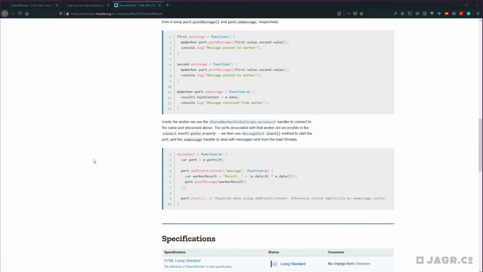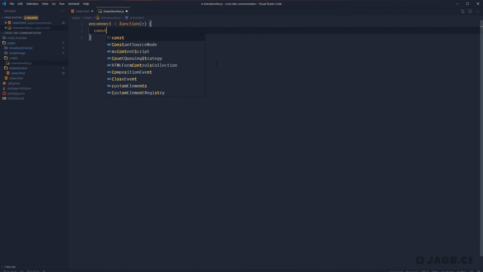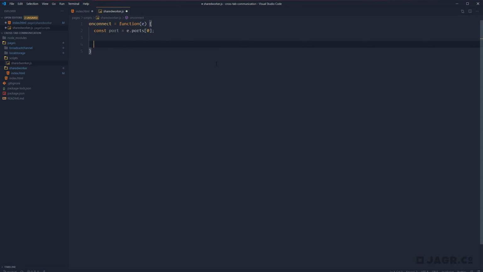Okay, and then if we jump back to the MDN documentation, you can see we accept an event for this onconnect function. And then our web server is going to be run off of a single port, so we really only care about that first property as well. So we're going to be copying that line pretty much verbatim. So const port equals e.ports[0] to grab the first index. And then let's go ahead and rig up our onmessage event handler. So port.onmessage equals function,